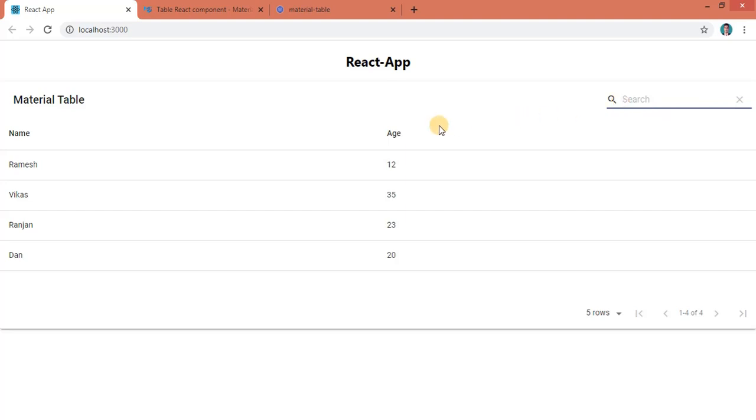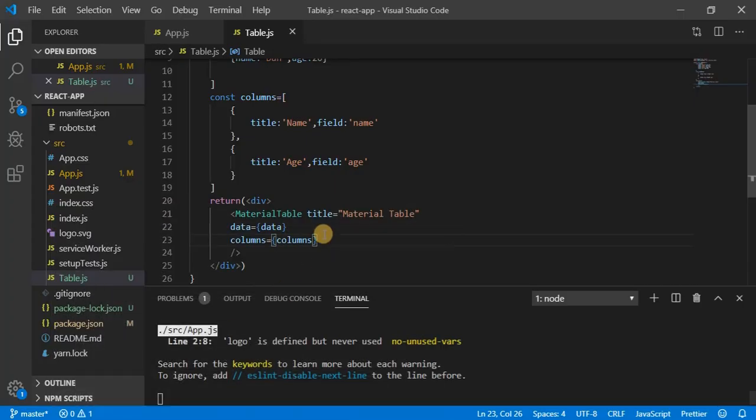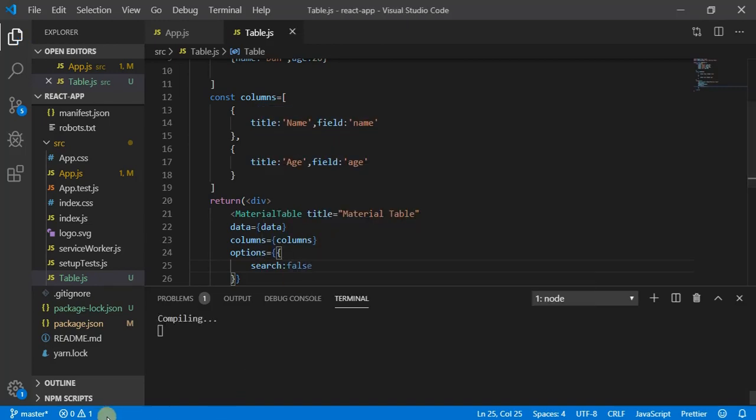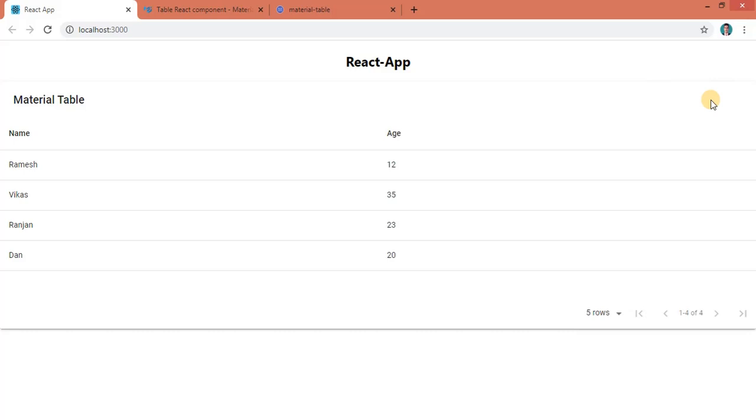So here let me click on this. According to this, it's getting sorted as well, right. So what we can do right now, here we have this search option. If I write 10 here, you can see I am getting the option. We have paging as well, right. So let's consider I don't want the search option, so I can write options, search equal to false, okay. So once search is false, we will not be getting the search option here, right.